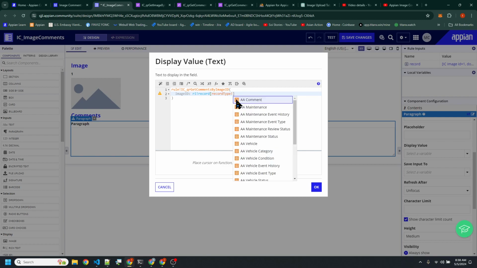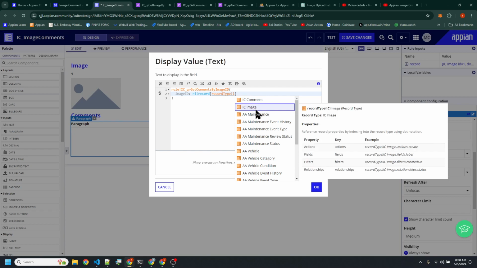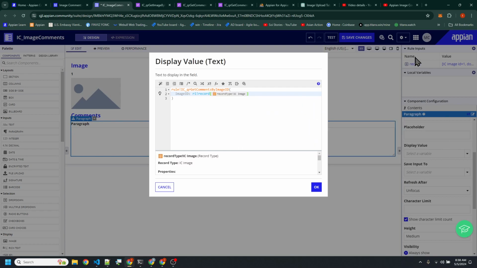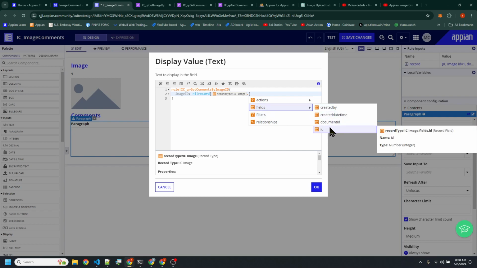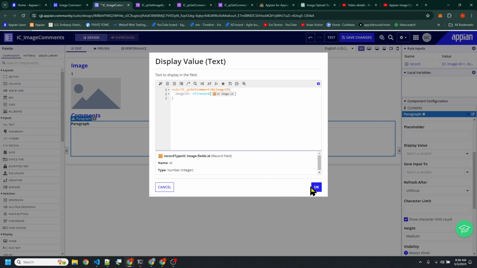Tap into this, do an IC image because we're trying to pull this guy. He's actually an image dot image ID, which I think we're talking about not the document ID, but the ID here. So click OK here.